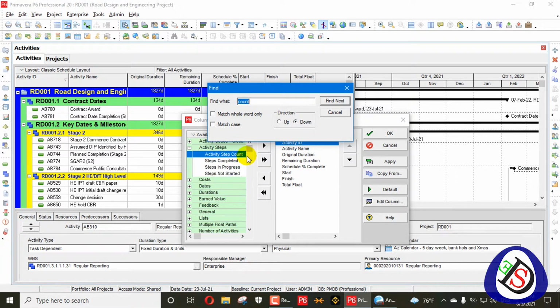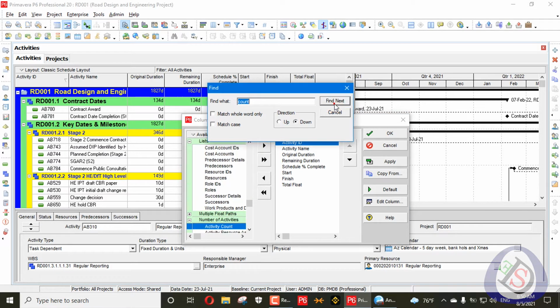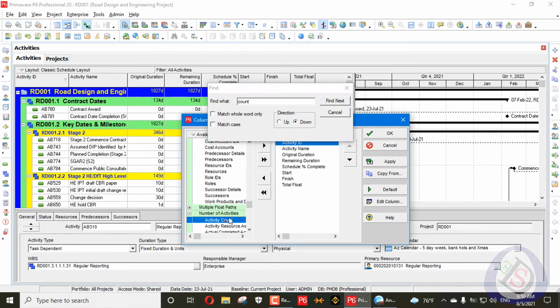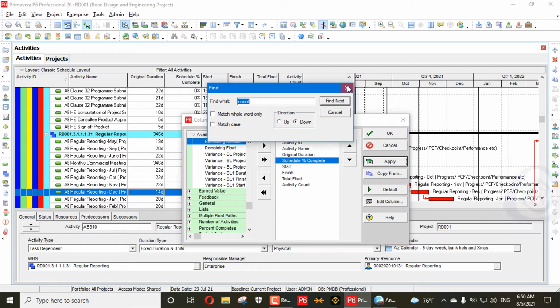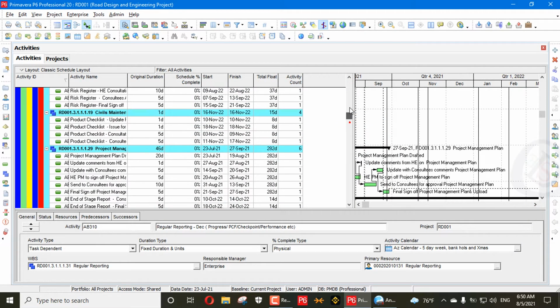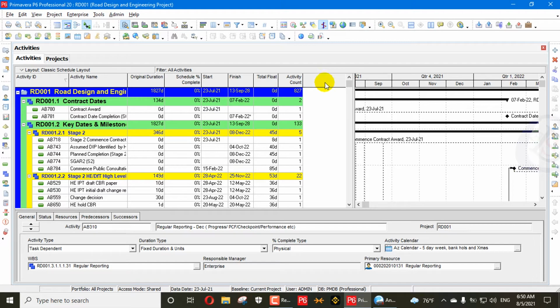So you can count how many activities you have in total. I will add the activity count here. So these are our total activities, 827 activities.